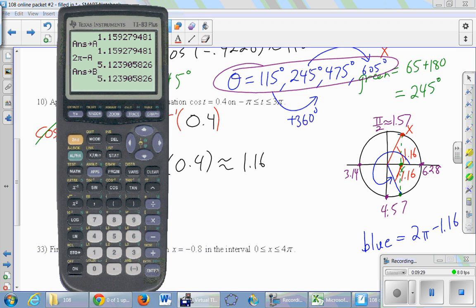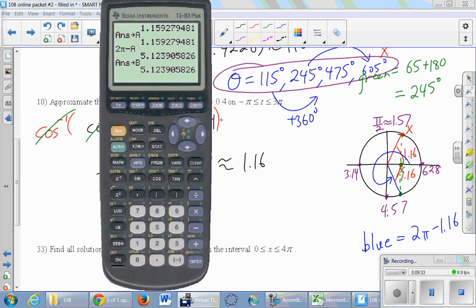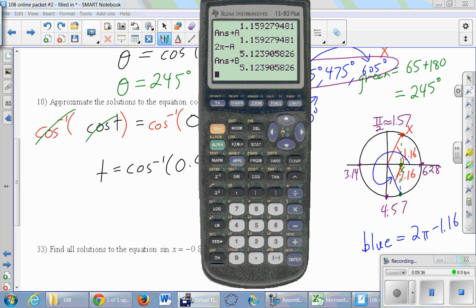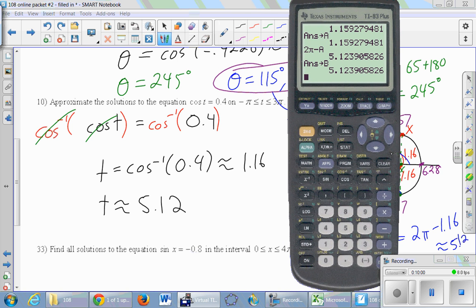So about 5.12 is B. Okay, so we've got our two fundamental angles, but we're looking for all the angles between minus pi and 3